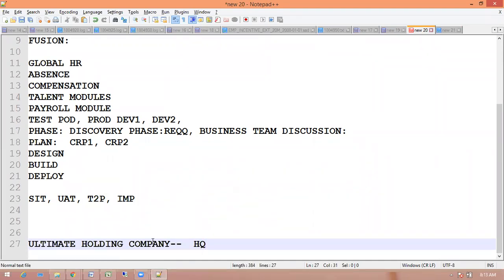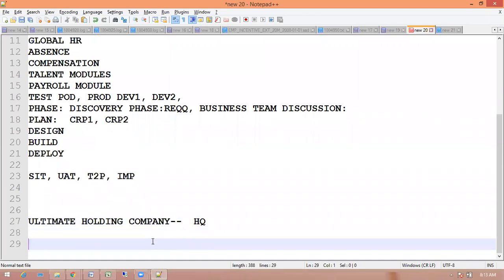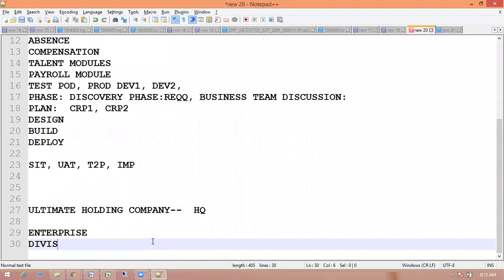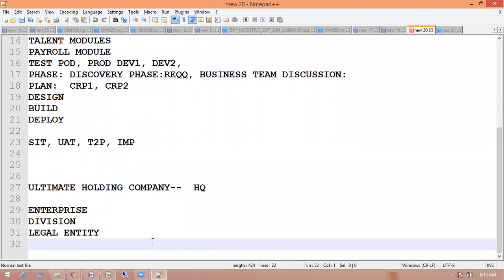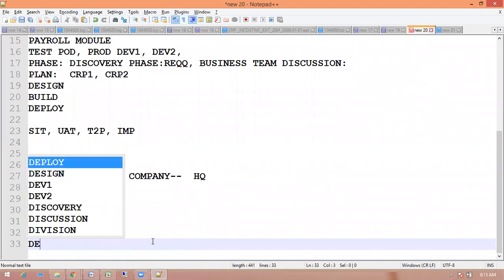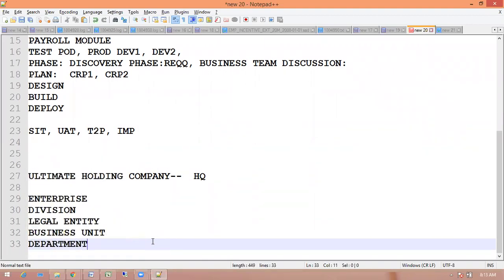As part of enterprise structure, we have enterprise and division, then legal entity, then business unit, then department.